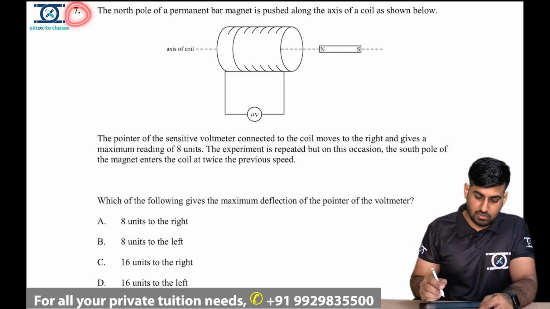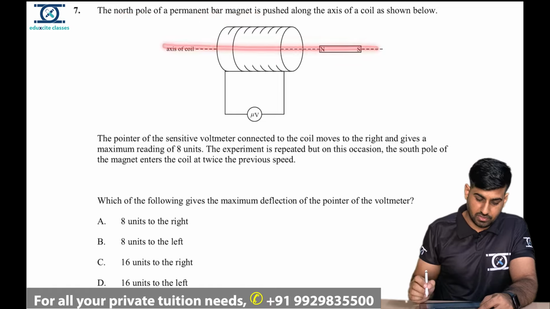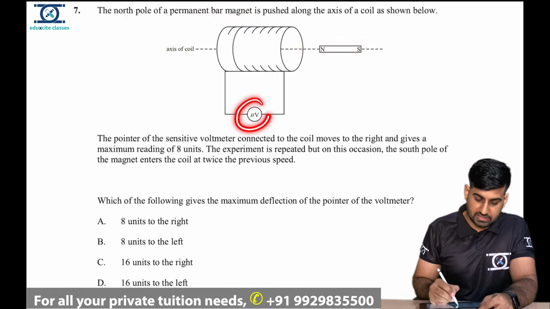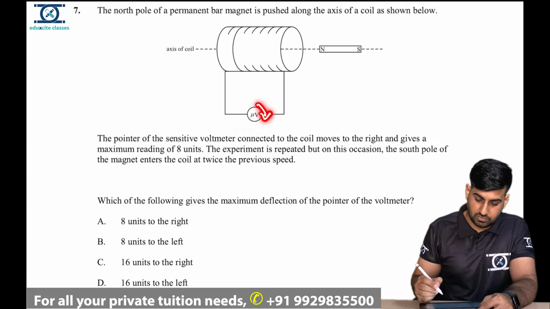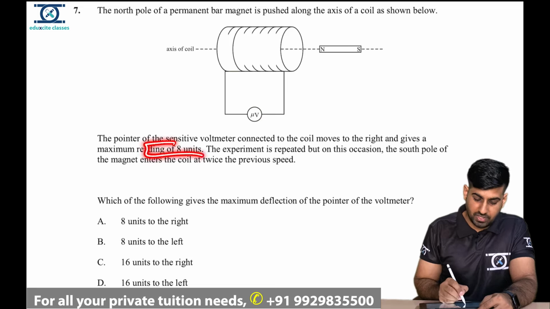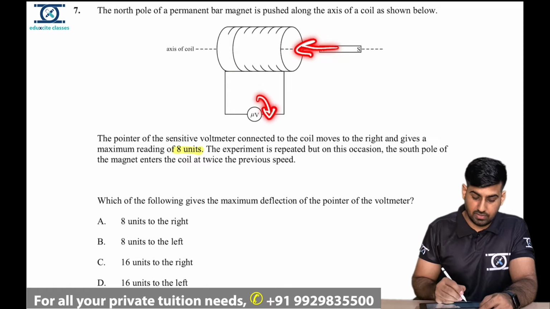Question number 7. The north pole of a permanent magnet is pushed along the axis of a coil as shown below. The pointer of the sensitive voltmeter connected to the coil moves to the right. So this moves to the right and gives a maximum reading of 8 units. Okay, so the north pole is moving towards the coil, and the pointer moves to the right with a maximum value